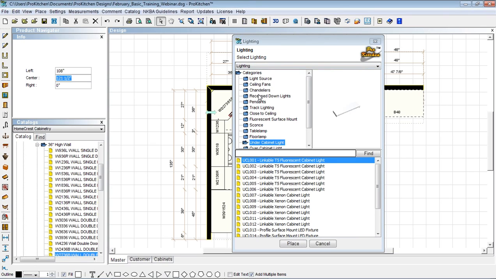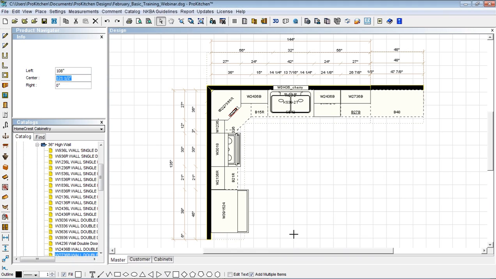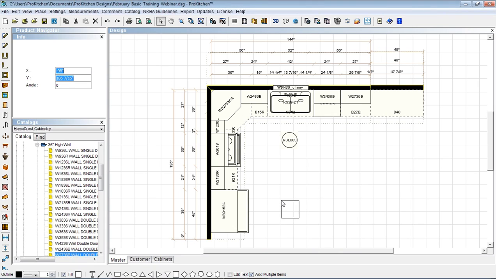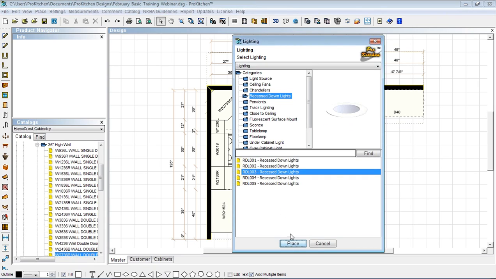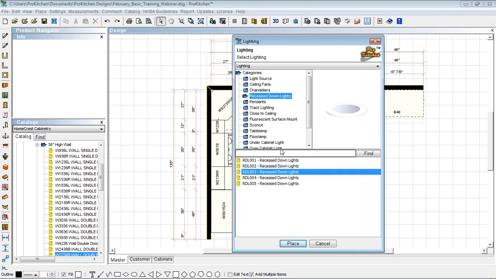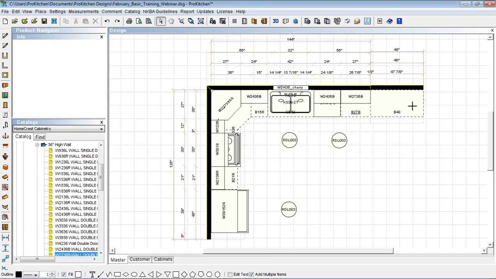Finally, I'll put in some can lights. I like this one. It's just a simple plain non-directional can. And I'll place one in front of my sink here, and say another one down here by the fridge, and I'll do one over here by these cabinets, and I'll put some pendants over the knee wall. Place this, and